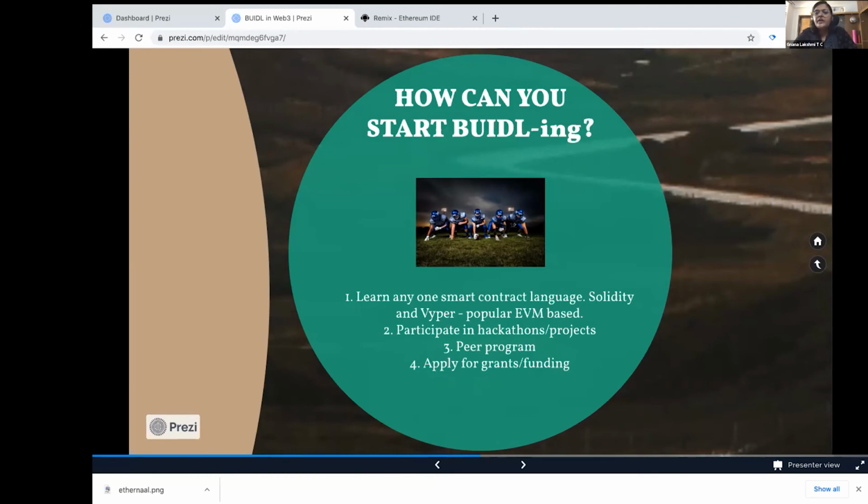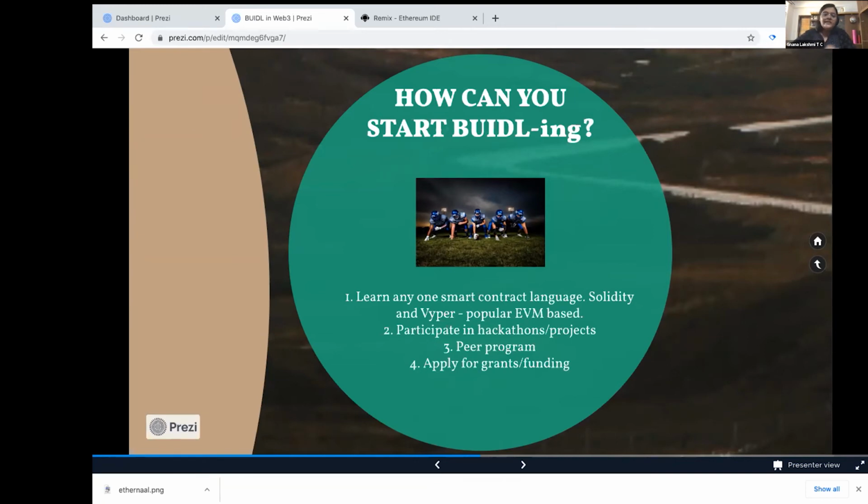Peer programming, that is, we call this peer development sessions, where we sit with peers and develop with them. Like I said, be a part of the community, maybe set up some study sessions, attend forums like this where you will get to learn things, talk to your peers, connect with them, right? Understand what they are building and how you can contribute in some meaningful way to the projects they are working on.